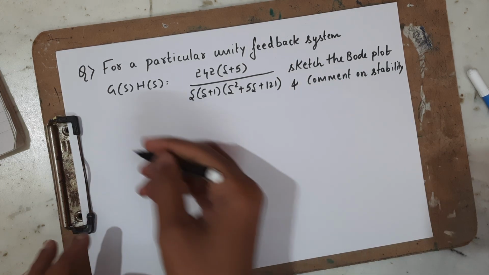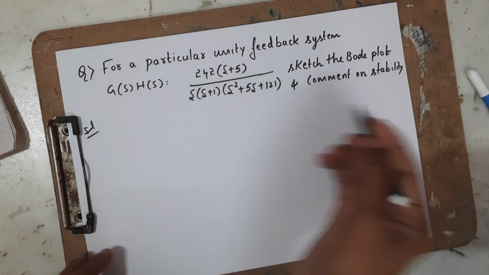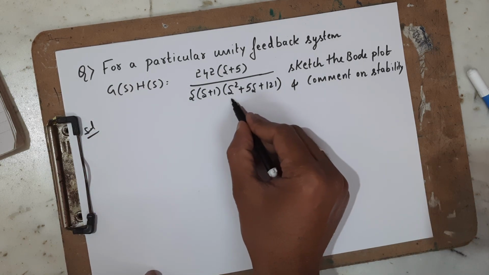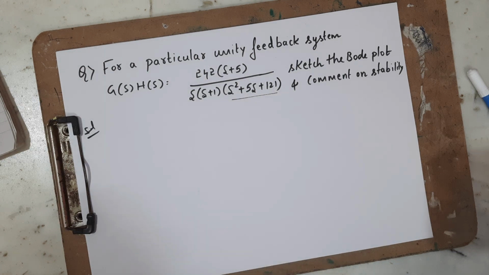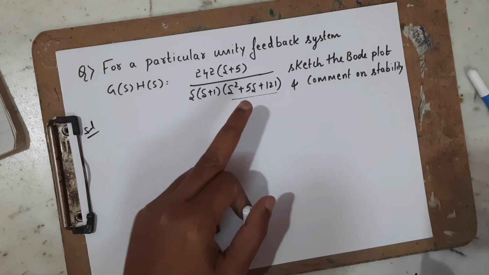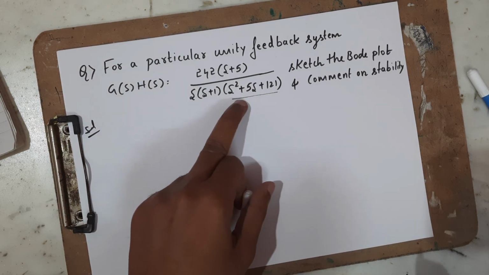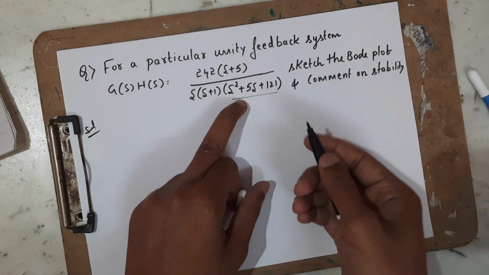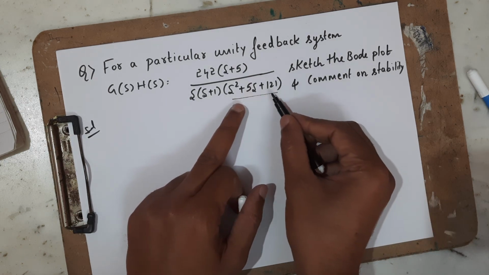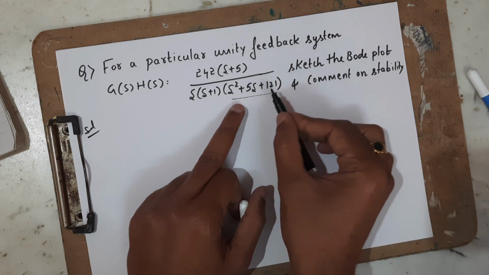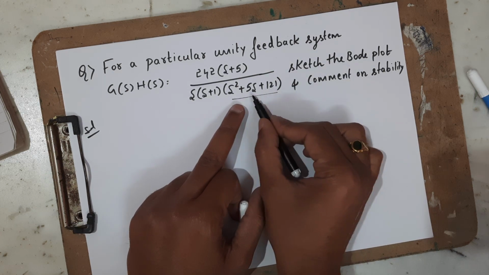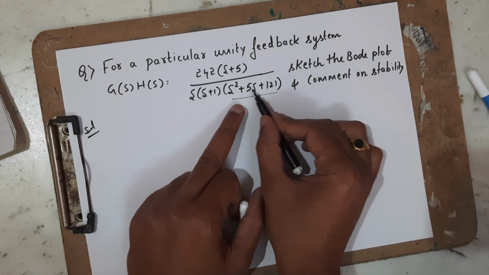So what is the difference between the previous problem and this problem? Here you can see one of the quadratic poles has been given. So you need to verify first whether this is a quadratic pole or not. Sometimes to confuse the students, they are going to give it like this. So you need to verify whether the given equation is a quadratic or not, that is, whether it has complex roots or